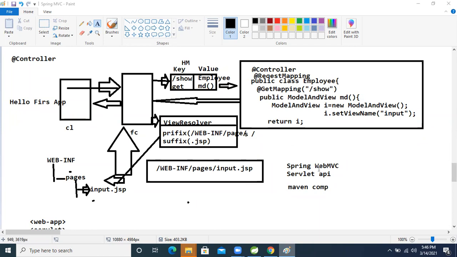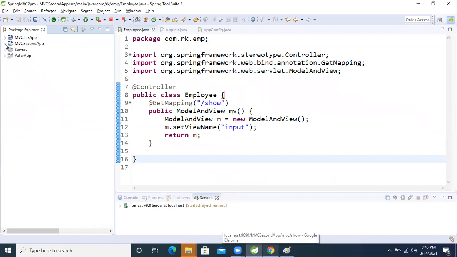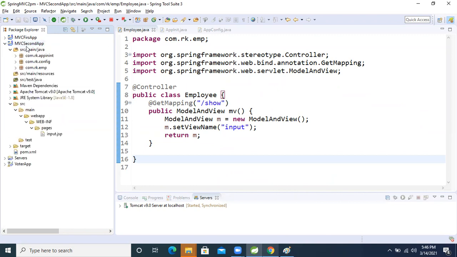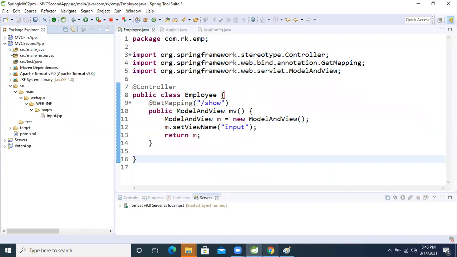Now you have to do practical and some configuration is needed, right? Don't do the practical on the first application, but from the second application onward you people also do the practical. Because to give the analysis about the servlet and web.xml, I developed a servlet application yesterday. After that, I came to the first application using XML configuration. Then now I'm giving the actual picture, using whatever things the industry is using now. Those things I'm delivering to you people.